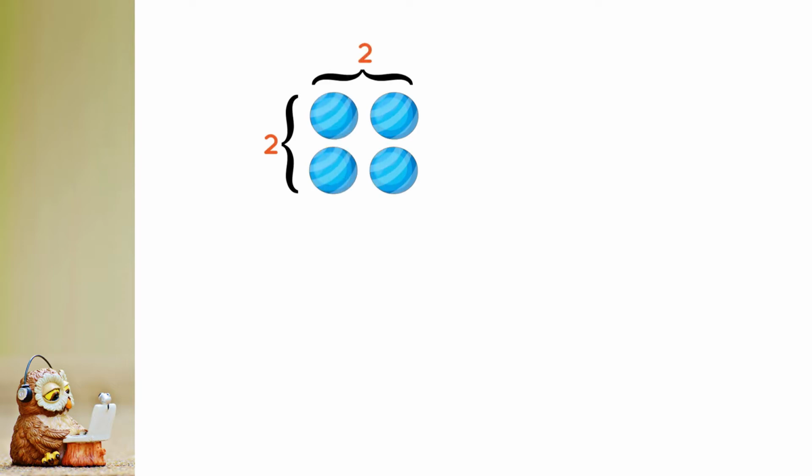Dear children, see the picture. Here, four blue color balls arranged 2 by 2 form it. 2 by 2 means 2 rows and 2 columns. We know the rows and columns. Horizontal arrangement is row and vertical arrangement is column. How do we write multiplication fact for this arrangement? Yes, 2 into 2 is equal to 4.